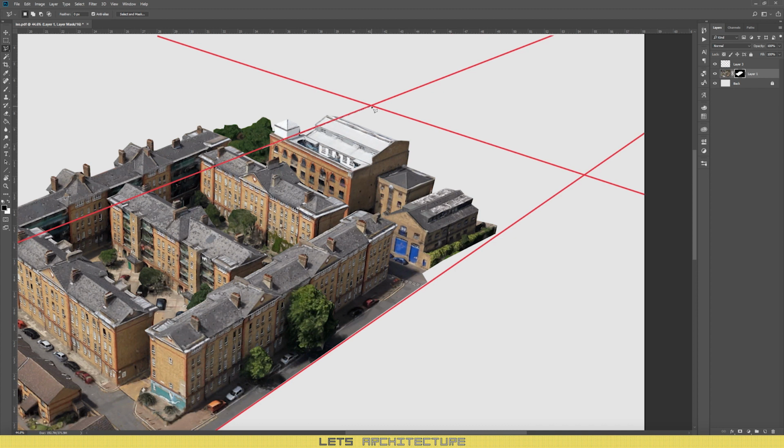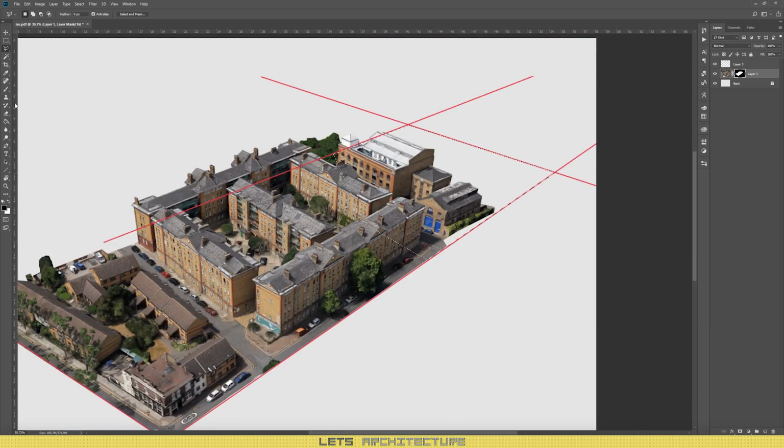Select this area and paint it with white, because with masks, everything you paint with black disappears, everything you paint with white appears. So just create a brush and